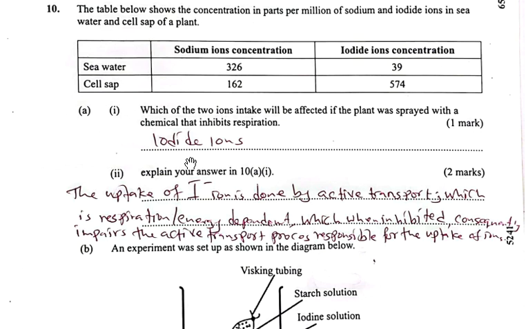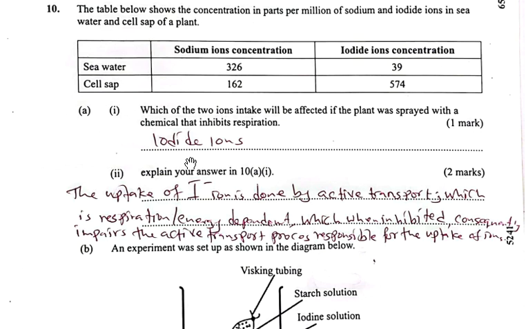We have in seawater, sodium ions concentration is 326, cell sap 162. Then iodide concentration in seawater 39 and cell sap 574. Part A, Roman 1, which of the two ions intake will be affected if the plant was sprayed with a chemical that inhibits respiration? And in this case, for you to know,